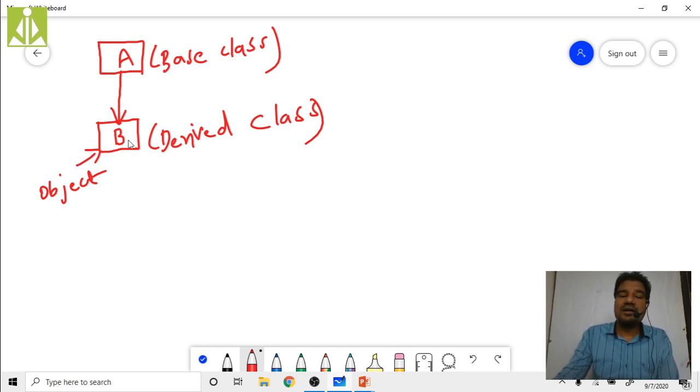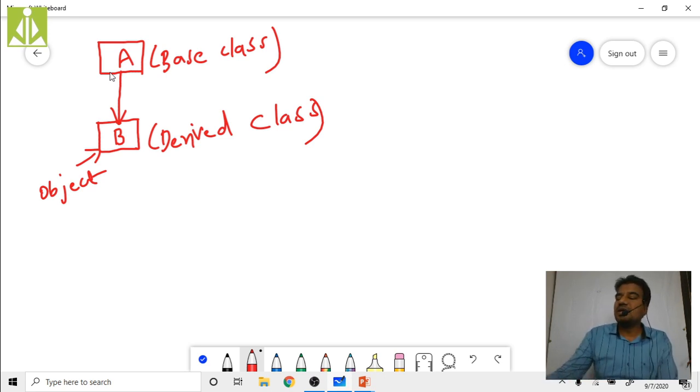But okay, because of that reason it is getting the properties of B class. But how it is gaining the properties of A class, that we have to understand. How it is gaining the properties of A class, where we are not at all invoking the A class constructor. So there comes the concept of constructors in inheritance.